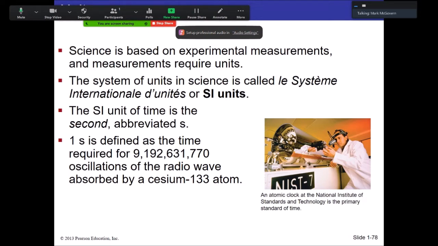And so the SI unit for time is the second, abbreviated with an s. And the strict definition of the second is not based on Earth's rotation or anything like that, which is commonly believed. We actually tried to make this as precise as possible, and it turns out that there's a particular oscillation of a cesium atom